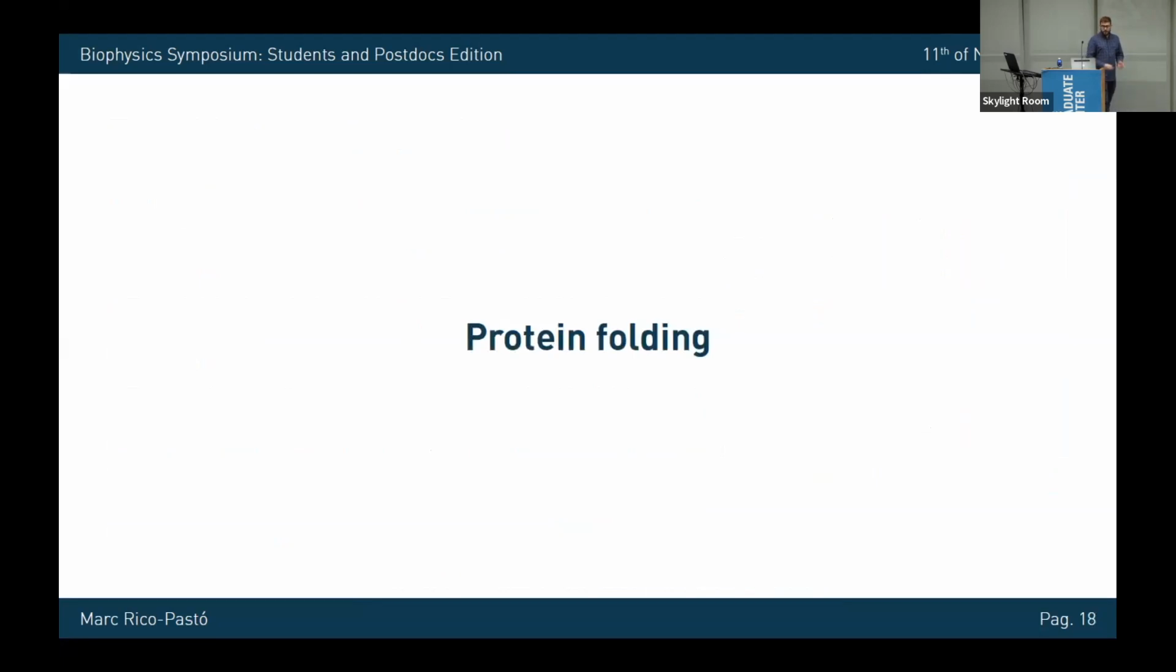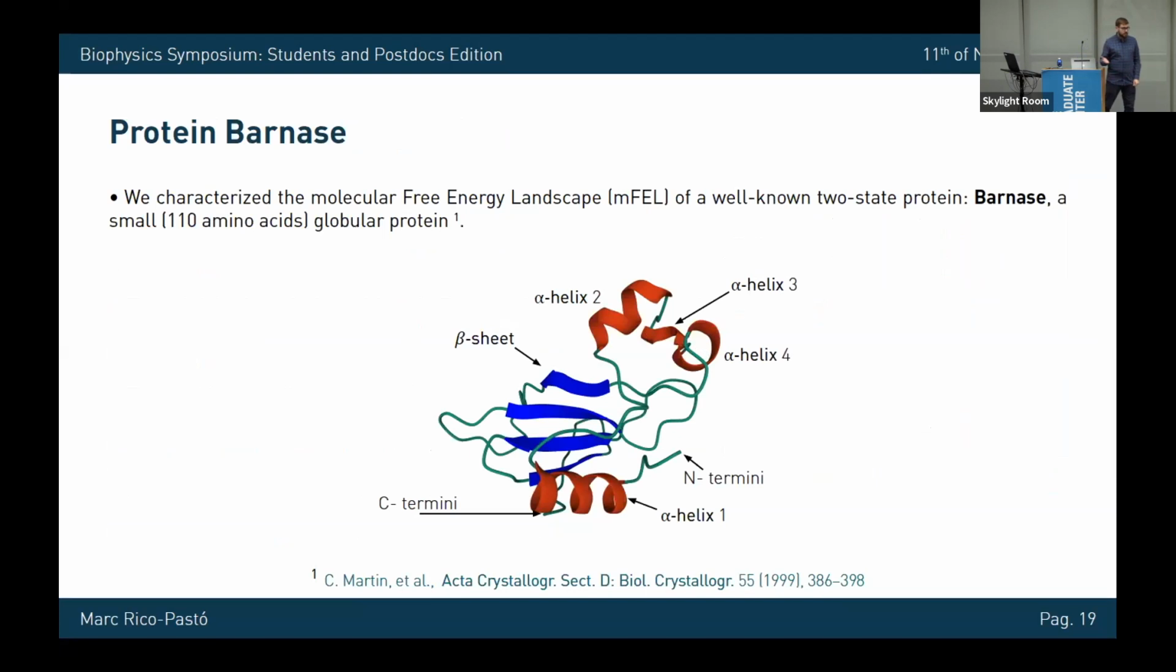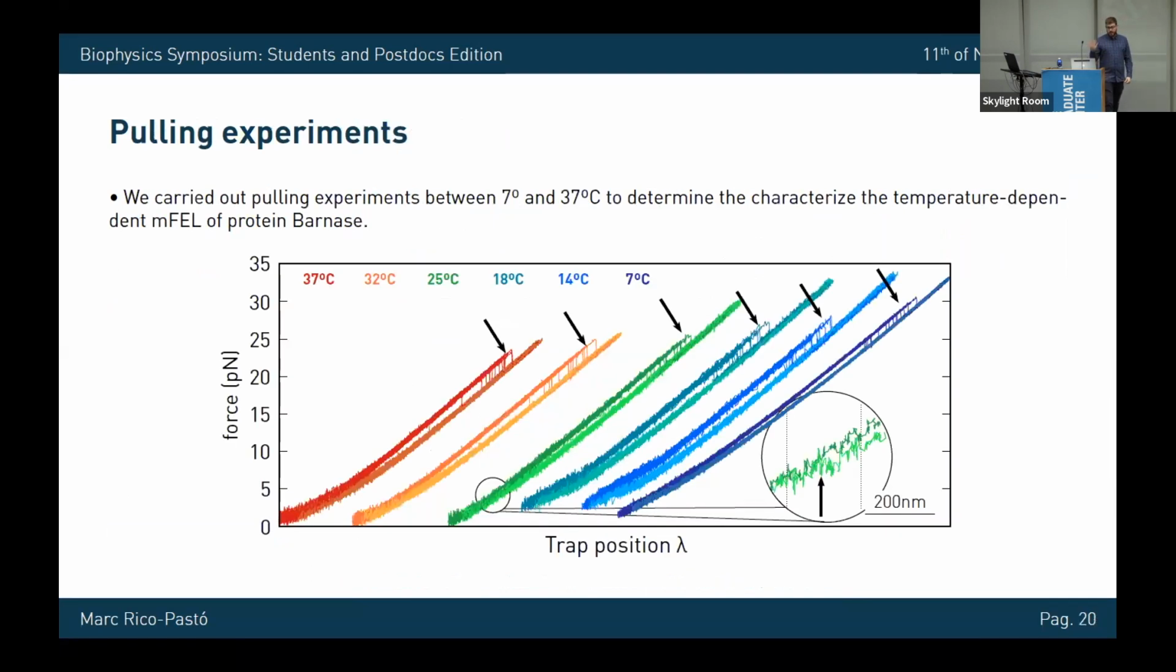To conclude, I did the same kind of experiments using a protein that is Barnase, as I mentioned before, that folds in a two-state manner and has been used to determine the phi-value analysis. It's an analysis that allows us to characterize the transition state properties. To do so, I did pulling experiments because, as you can see here, proteins tend to be